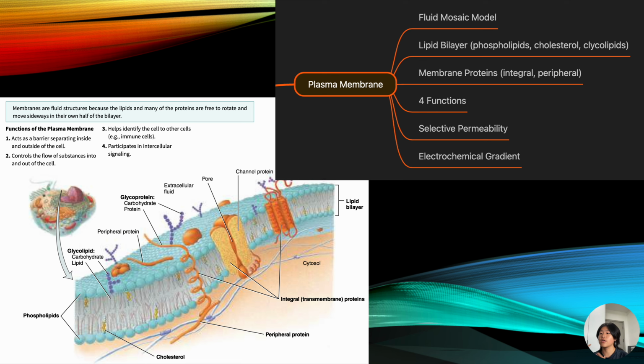And it is called a mosaic because there are a lot of different proteins embedded in the cell membrane. So as we can see here, these two tadpole-like structures on each side, these are making up our plasma membrane, and it's not structured so tightly, and there are spaces for different proteins that we see. So some examples are the glycoproteins, the peripheral proteins,